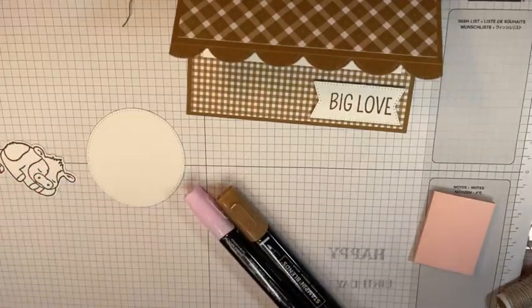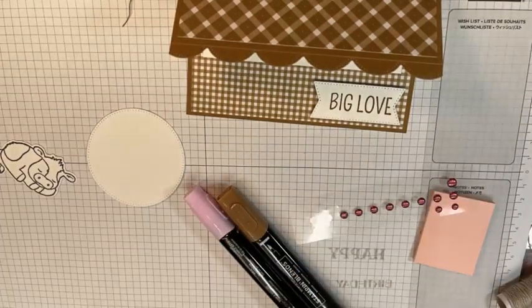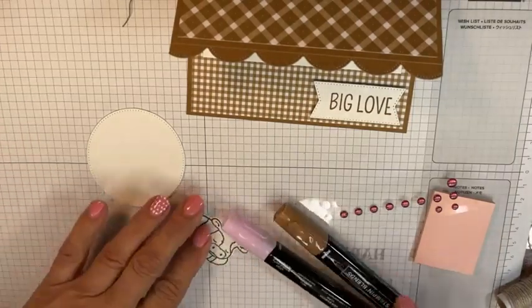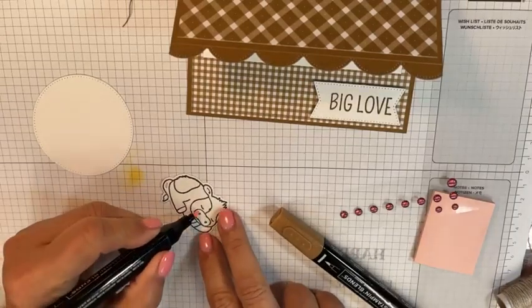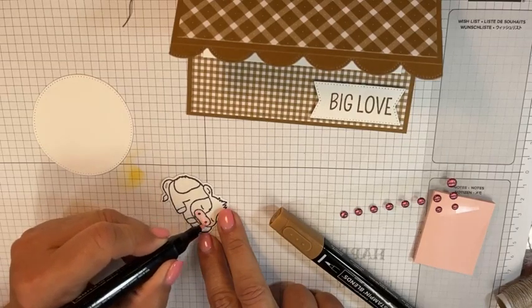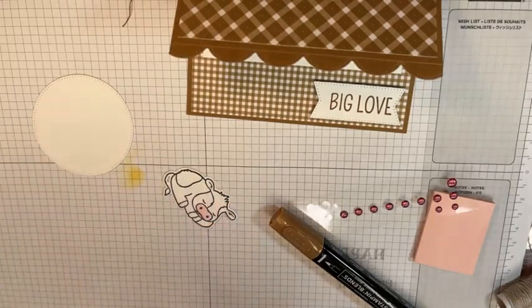And let's get out my little gems. Let's get everything out that we're going to need so we don't have to come back here. Okay, there we go. So we're going to add a little bit of, this is the light bubble bath, which has kind of a cotton candy feel to it, I think. And then I'm going to use my pecan,